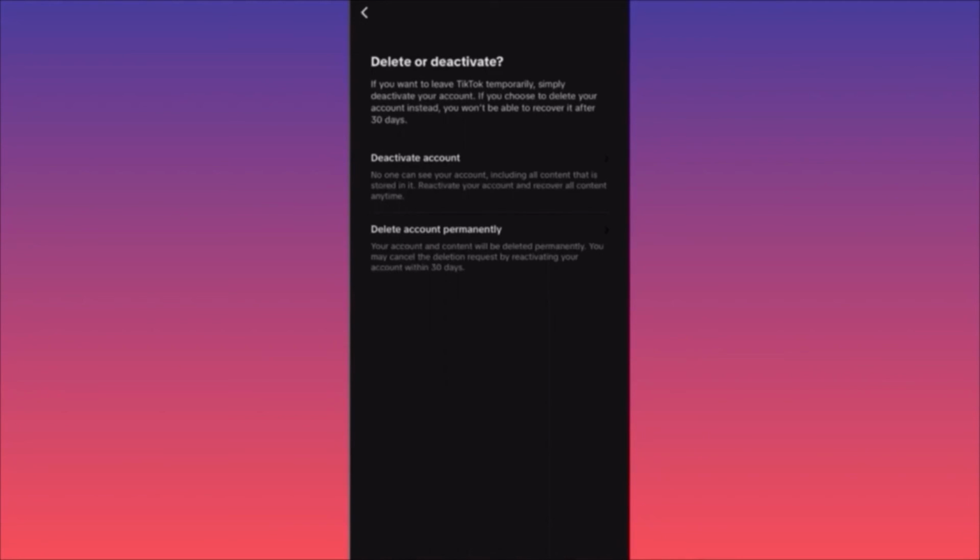If you click deactivate account, well, simply your account will not be available for the public. Your content will not be available for the public, but the whole information will be saved up in your account. This means that you can take a break as much as you want by deactivating your account, and you can come back at any time you want. No issues, no problem with it. But when you click delete, you have 30 days to make your mind, right? If you want to change your mind, you have 30 days.